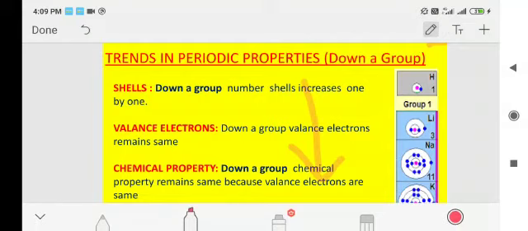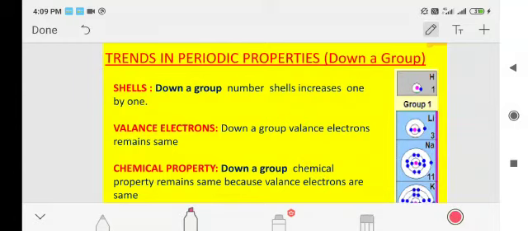Here in front of you, you will find the first group as an example, starting with hydrogen, followed by lithium, sodium, potassium. 4 elements I've just presented in front of you. The last element in this group is francium. As class 10 students, you do not need to learn up to francium, so we'll learn up to the 4th one, that is potassium. Okay, the main points we can discuss very fast.